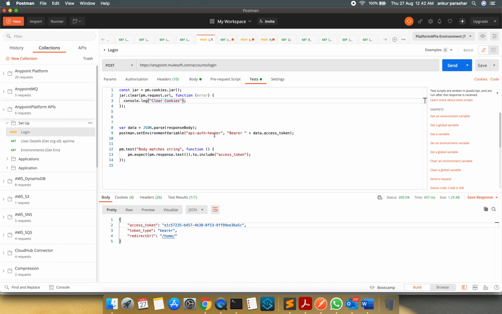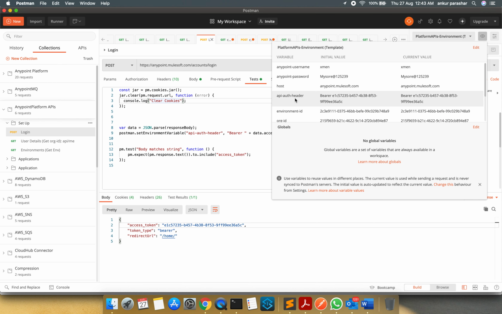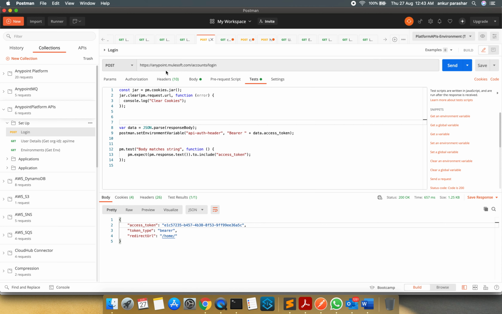The API auth header is being populated with bearer along with the data SS token which is generated. You can see the SS token E1 something is being mapped with bearer along with the data SS token. This is automatically captured once the first post request of login is executed.